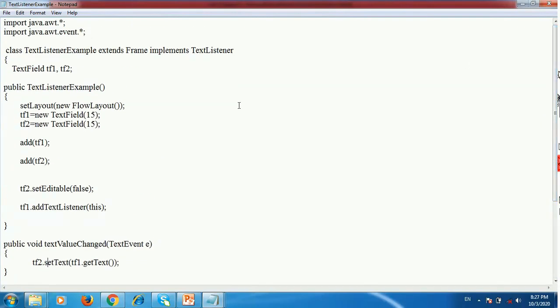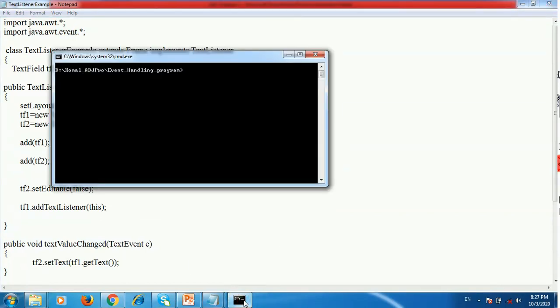Then save the program as TextListenerExample.java. Then run the code. First compile the program, javac TextListenerExample.java. It is successfully compiled. Then run the code, java TextListenerExample.